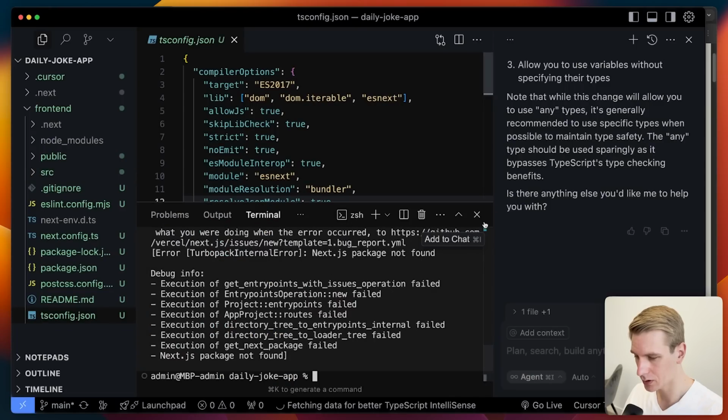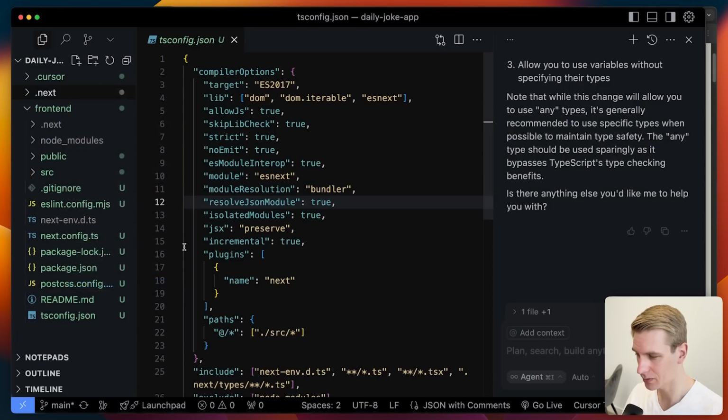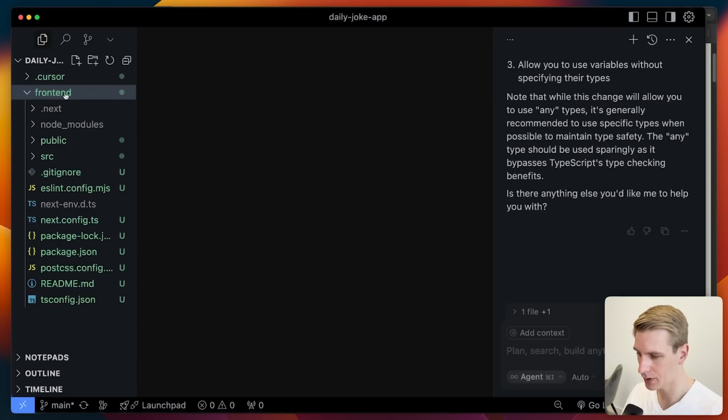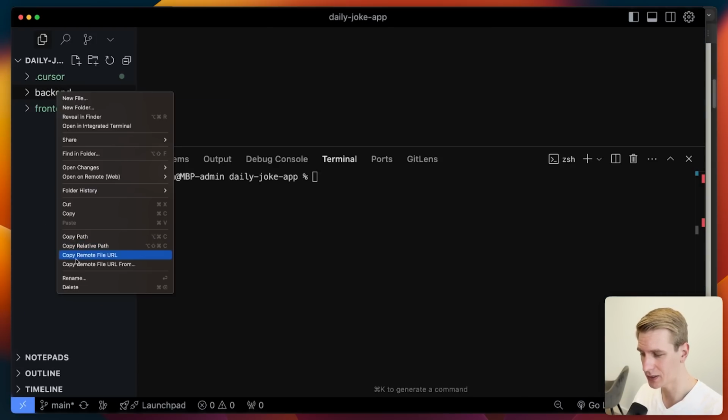And actually I may need to stop the server here. Next.js automatically has created another folder here because it was still running, I think. So now I have my front end app in this folder. Now we could create a backend folder manually like this, but actually it's a little bit easier to do this